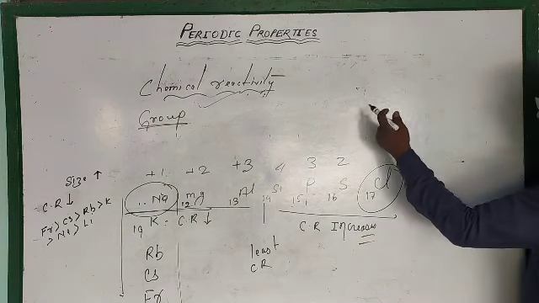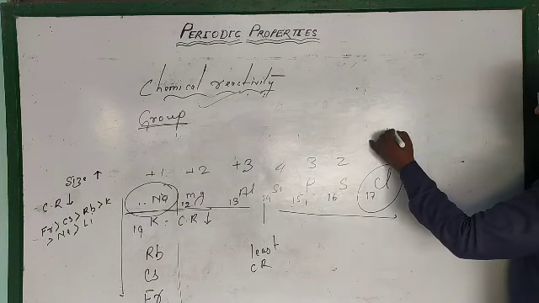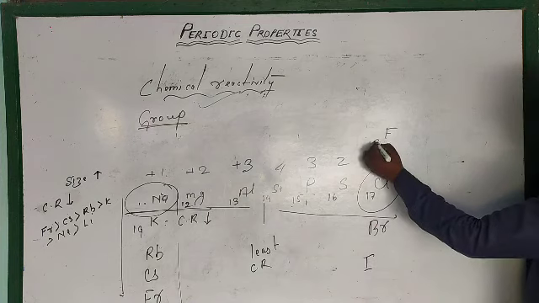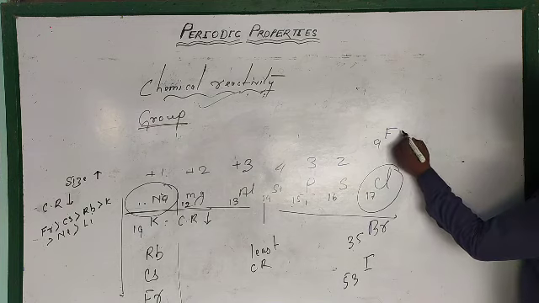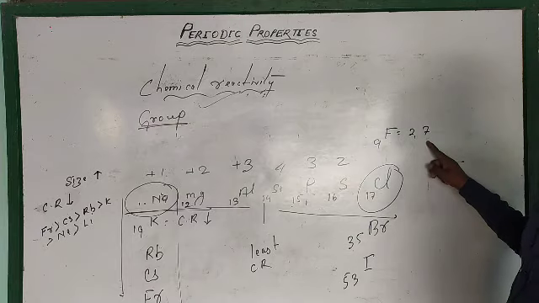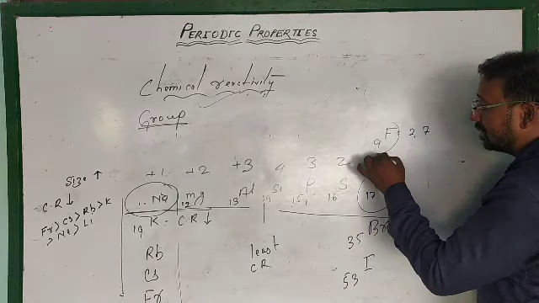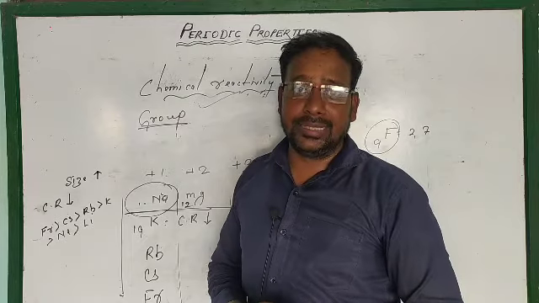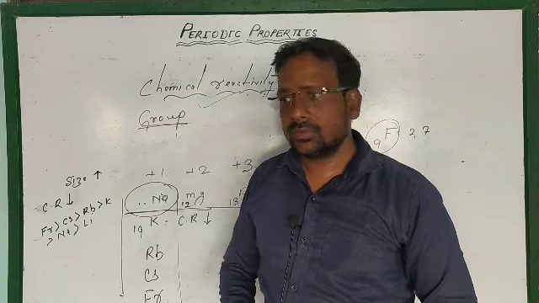And you can see that group 17 is the halogen group. It has 4 elements: fluorine, chlorine, bromine and iodine. Their atomic numbers are 9, 17, 35 and 53, and you can see the configuration is 2, 7. It also requires 1 electron, and the most electronegative element in the table is fluorine. Fluorine has a greater power to attract electrons. It has so much power that it can attract electrons from the noble gases also.